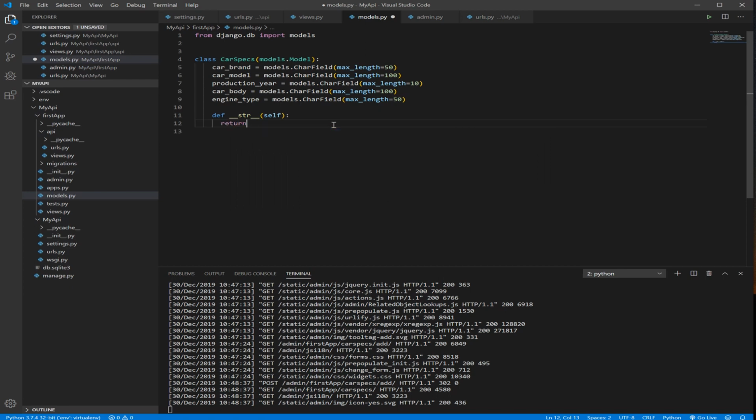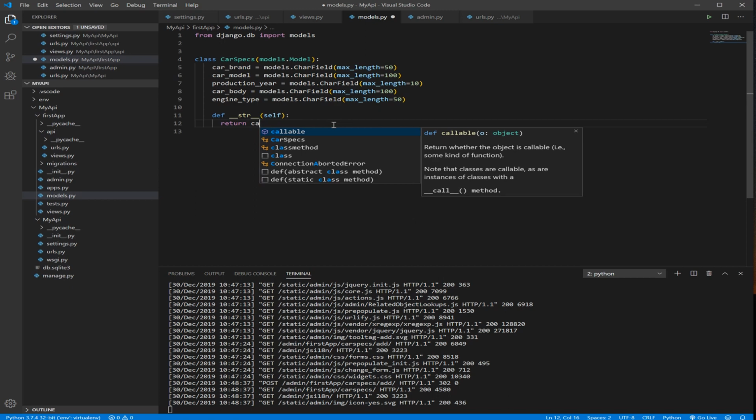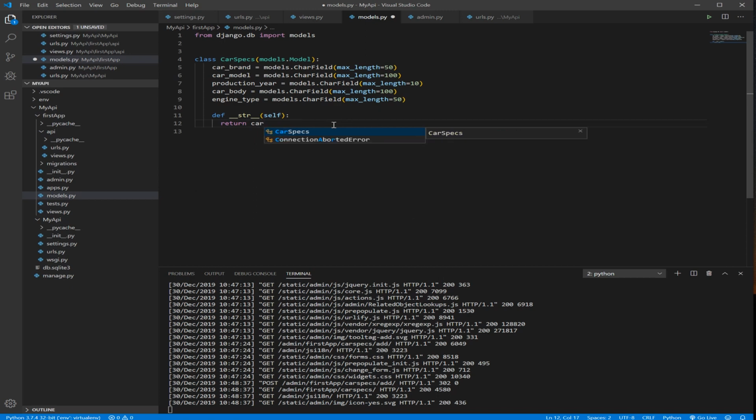Okay, so what do we need this function to return? We need this function to return, for example, the car brand. So when we look at our database there on the admin panel, we know this is a BMW, so we just need to write car model or car brand, I mean. Okay, we save,